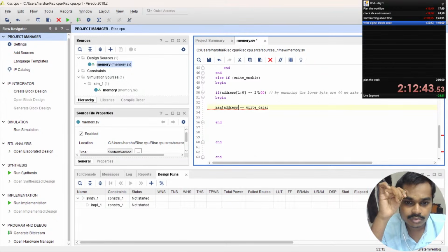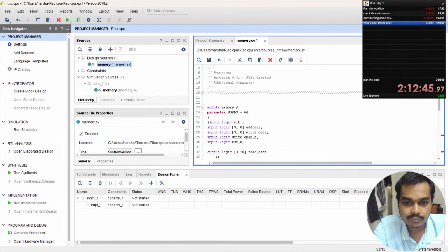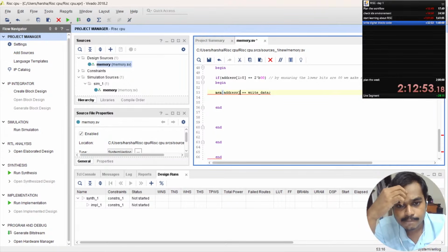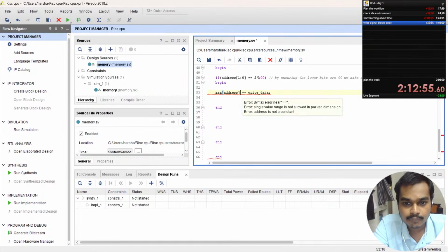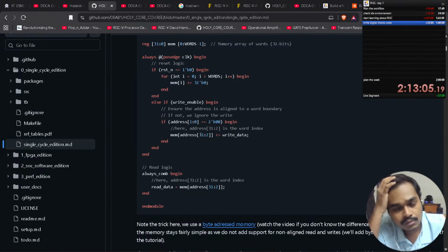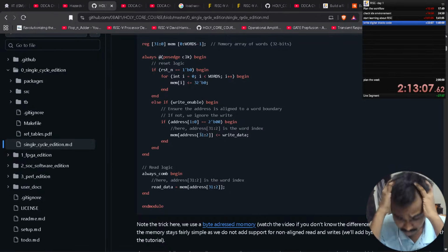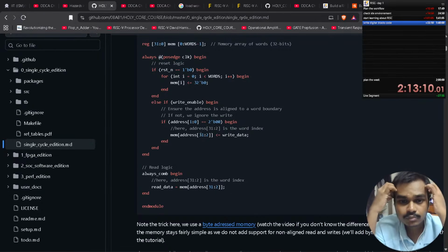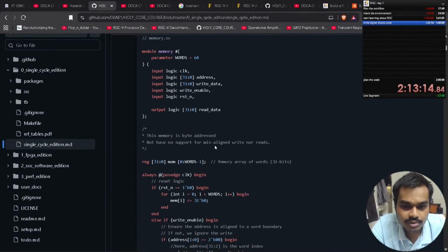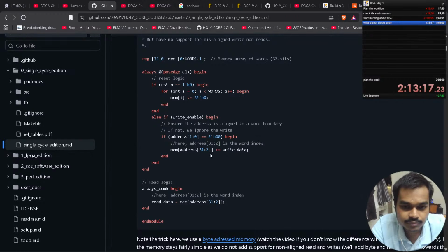So this is correct. So data center, that data is declared separately. So I will store it in